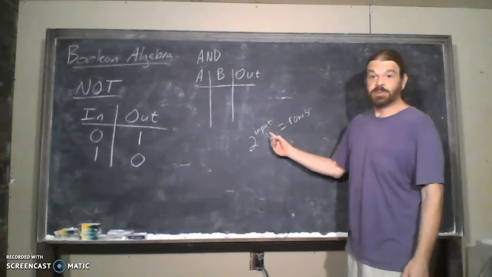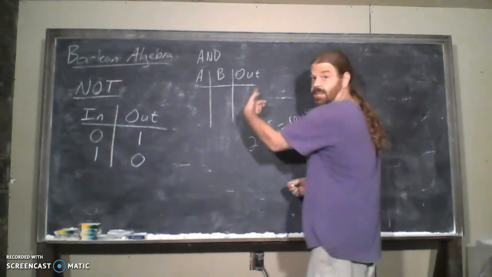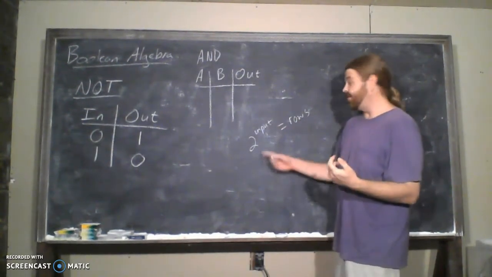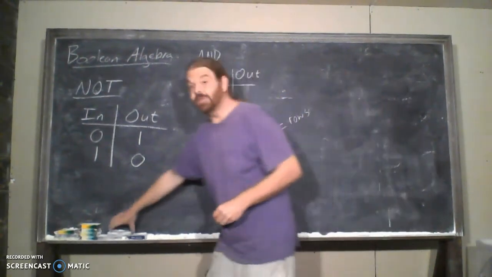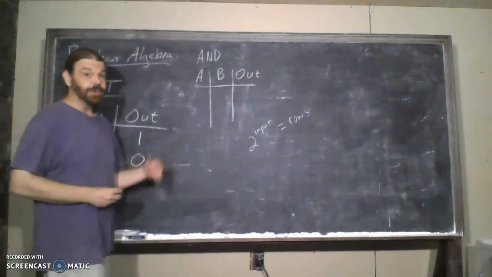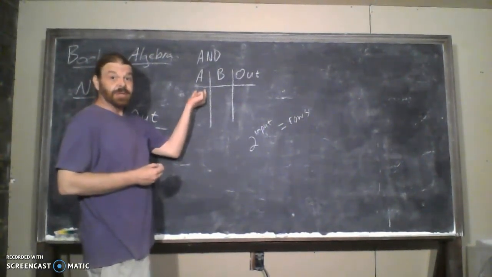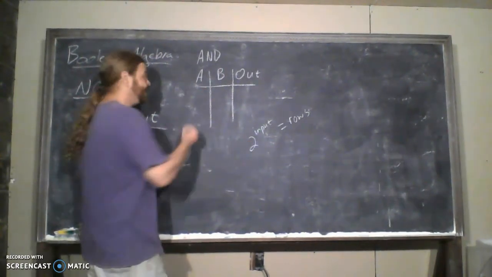So we have 2 inputs, so we're going to have 2 squared or 4 rows in this table. If we had 5 inputs, we'd have 2 to the 5th or 32 rows in the table. A good systematic method is to start with the first column, figure out how many rows you're going to have, and do half of them as zeros,